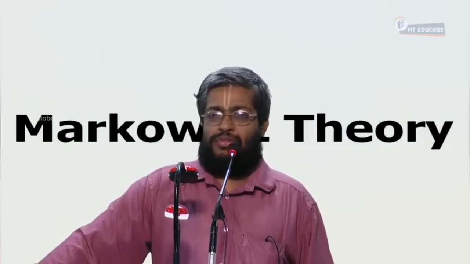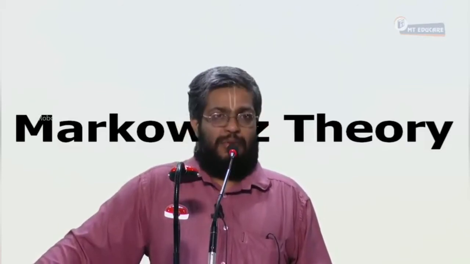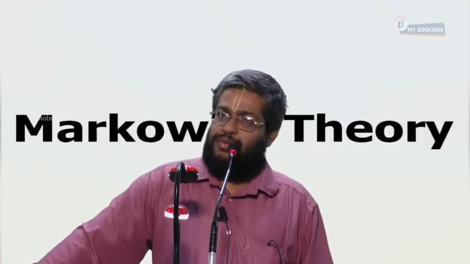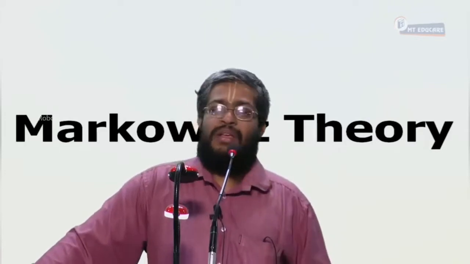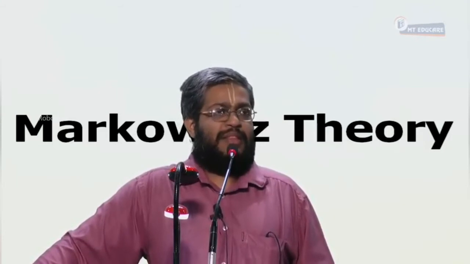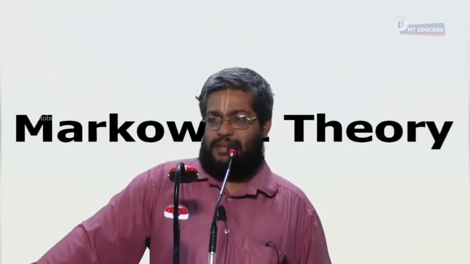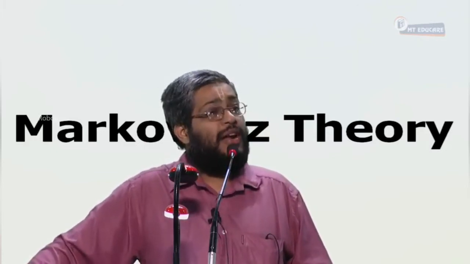Sigma P is equal to the square root of W1 square sigma X square plus W2 square sigma Y square plus 2 into W1 into W2 into sigma X into sigma Y into correlation of X and Y. Portfolio risk is influenced by 3 factors. Number 1 is what? Individual security risk. Number 2 is the proportion. Number 3 is co-movement. Individual security risk is measured by sigma X, sigma Y, proportion by W1, W2, and co-movement by